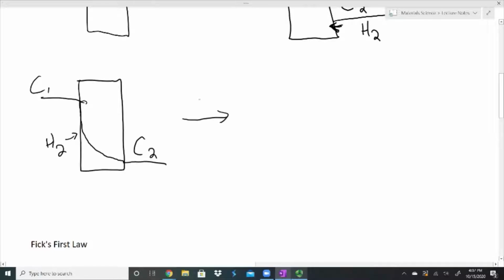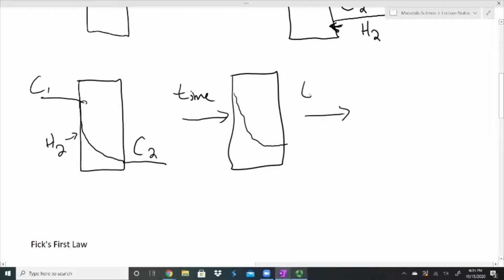Over some time, we're going to get a new picture, and it's going to start flattening out a little bit, and then a little bit more time happens. We keep diffusing mostly from the left to the right. Now remember, some of it's trying to work back the other way. But eventually what's going to happen is